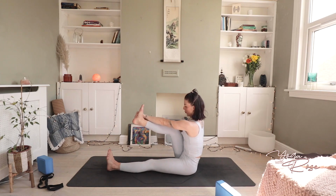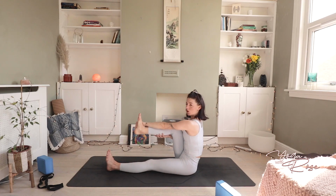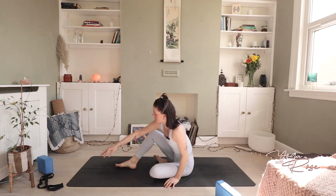and come to bring it in line with our hips. So just make sure we're not crossing it over the left leg here, and see if we can straighten it any amount. Now, if this is really quite difficult and you're finding it hard to maybe even grab your foot,